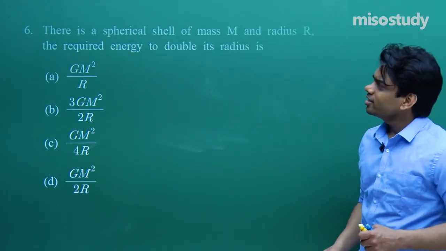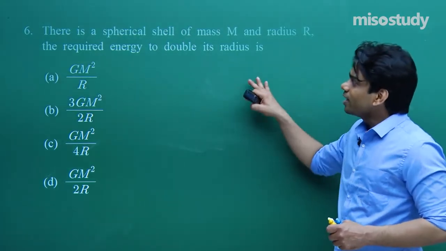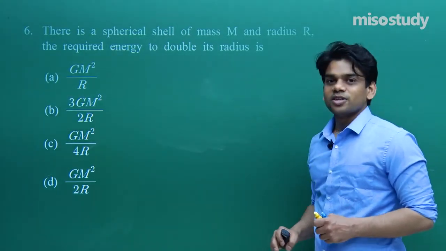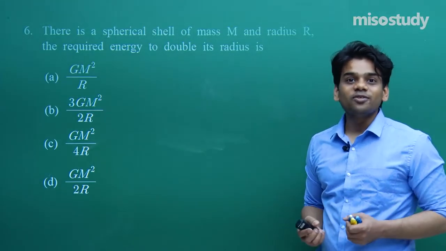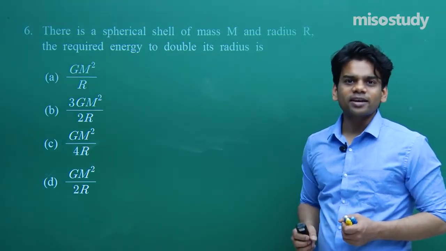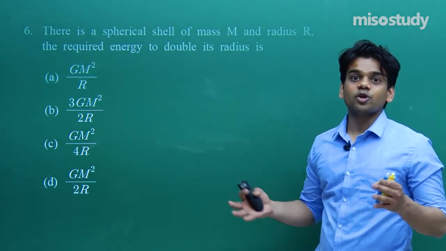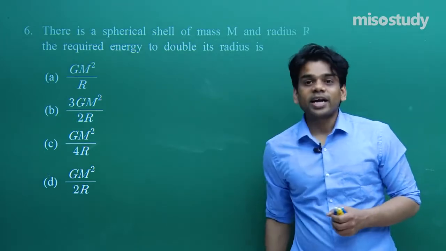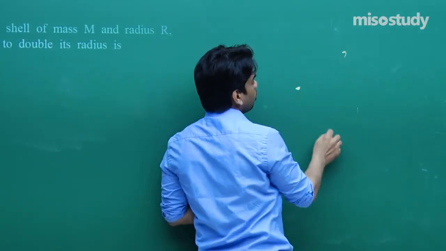Sixth one. There is a spherical shell of mass capital M and radius r. The required energy to double its radius is. It's not too difficult, we have to use the formula. What is the formula for the total energy acquired by the spherical shell when it is constructed? Now you must know, as I have discussed in class, when there are several particles located in space,